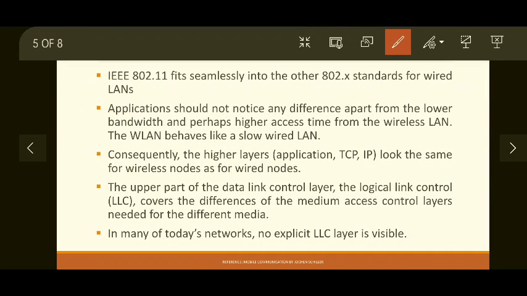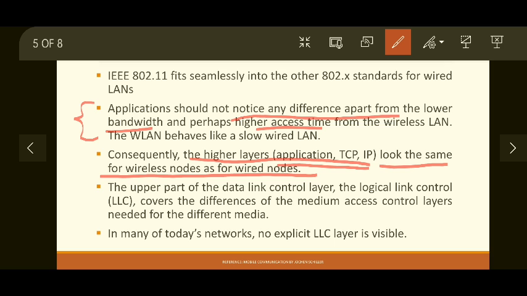you will see applications will not notice any difference apart from lower bandwidth in case of wireless part and higher access time because of lack of physical medium from the wireless LAN. So WLAN behaves like a slow wired LAN. Applications believe that they are sending data over a slow wired LAN rather than a wireless LAN. Consequently, the higher layers, application and TCP/IP, look the same for wireless as well as wired nodes. Okay, this is the reason the first three layers are not standardized and they look the same for wired as well as